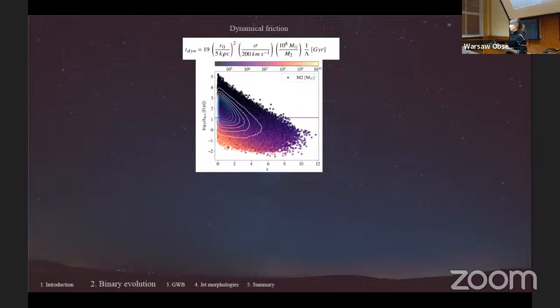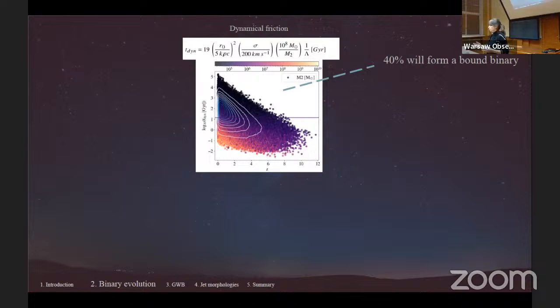The first process, from the very distant separations, is dynamical friction, as I mentioned before. The process depends on the initial separation of the massive black holes, the velocity dispersion of the galaxy, and the masses of the black holes that sink inside. When we calculated the timescale of dynamical friction between the merger of galaxies and the formation of the bound binary, we found that only 40% of galaxy mergers will result in the formation of a gravitationally bound binary in less than the Hubble time. Most importantly, the least massive black holes, which are still massive, 10^5 to 10^6 solar masses, have less chance to make it to the binary because of